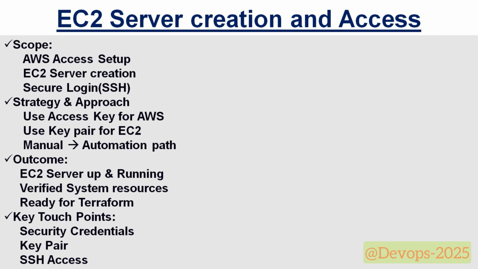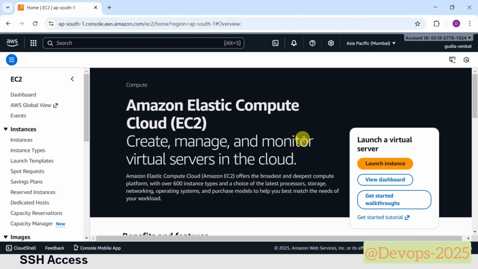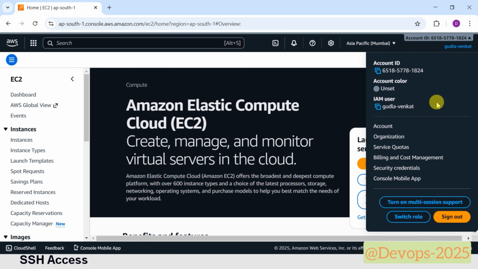Now, once your AWS account is ready, the first challenge is access. So this is my AWS account. Why? Because when you log in manually, you use a username and password, but automation tools cannot work with passwords. Hence, from now onwards, we use an access key and secret key. Sequentially, we need to go to the AWS dashboard, click on your username, then open security credentials